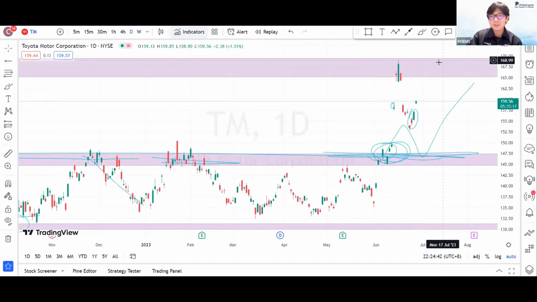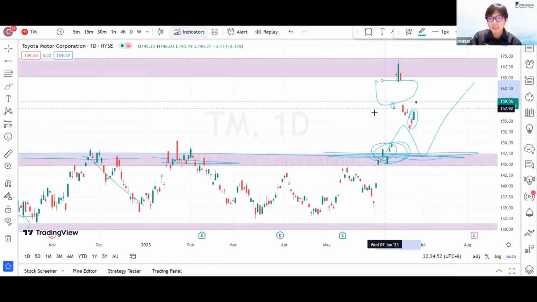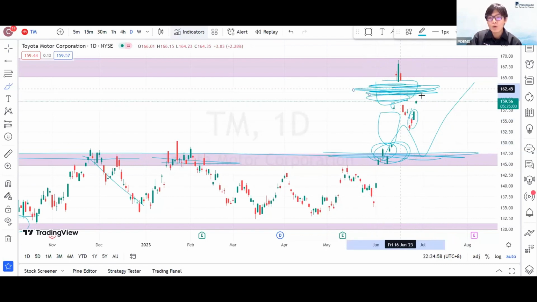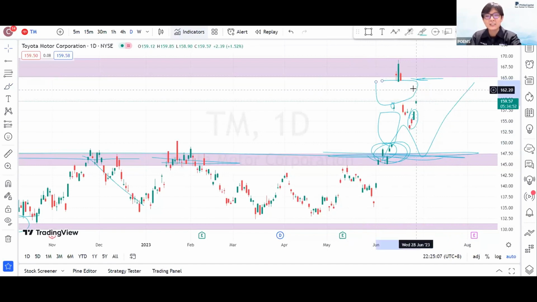It burst and tapped into 170 recently. Now currently still bullish, still trying to clear the bullishness, still trying to run bullishly. But you must understand we have a lot of gap up and gap down areas. All these areas are basically like a void. When price starts to hold above, you will see the next price appearing here already, 165. So in between this 160 to 165, you might not even see any candles forming.